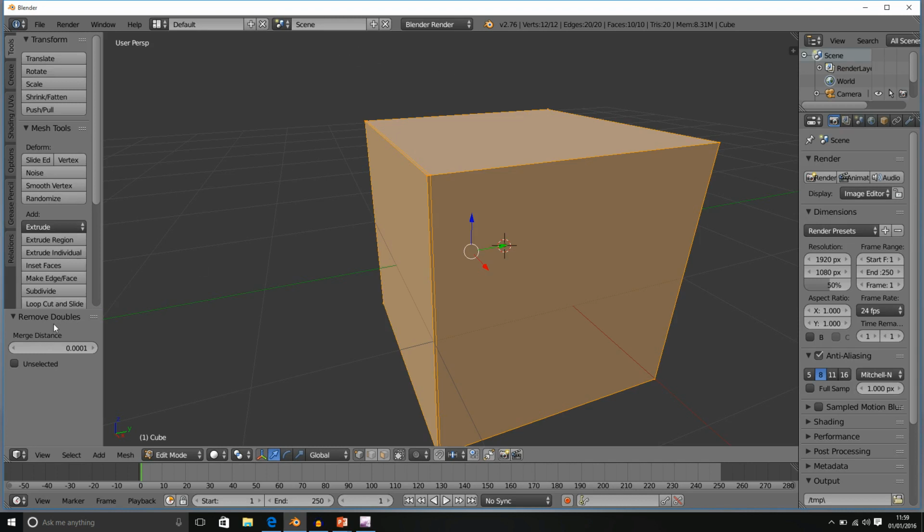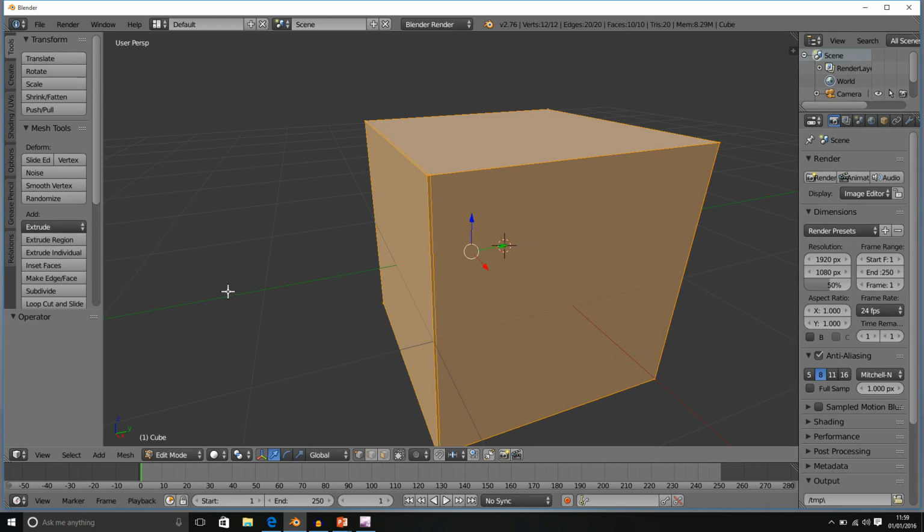However, we can change this down here where we can change the merge distance. So I'm going to increase the merge distance gradually, and straight away once I get to about 0.02, that's the one. So once I get to 0.02, we notice that the vertices have merged. Go back to 0.1, we say removed 0, 0.2, removed 4. So 1, 2, 3, 4 have been merged.